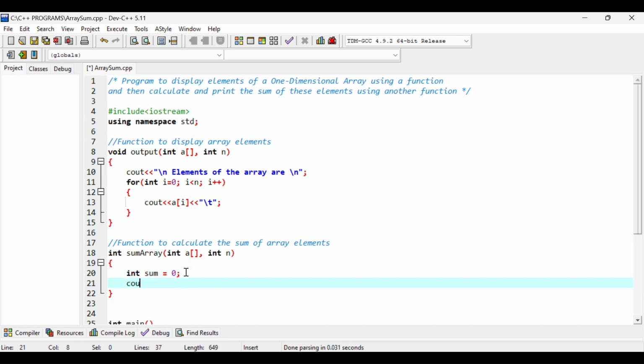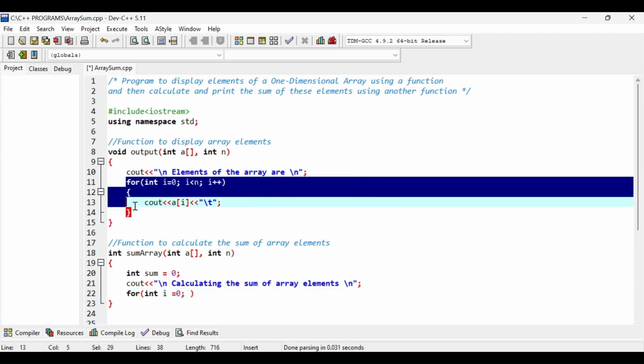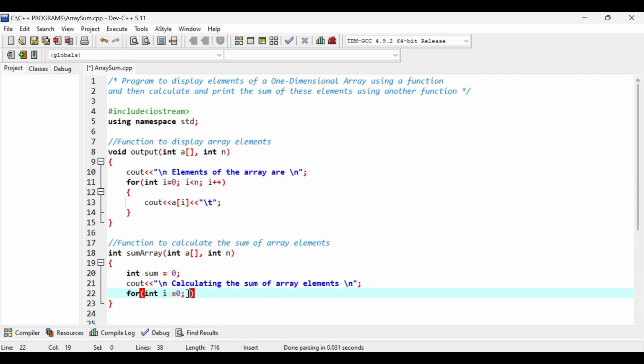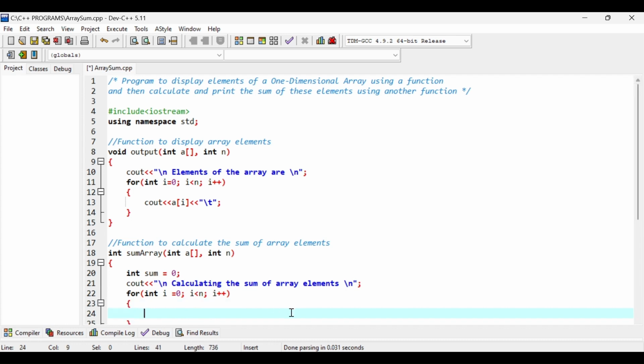Once again here I am going to type \n calculating the sum of array elements, and then \n again, semicolon. Then the for loop is to be written again, int i equal to 0. This for loop is exactly the same which I have mentioned over here. So i is going to be less than n, i plus plus, and here inside the curly braces